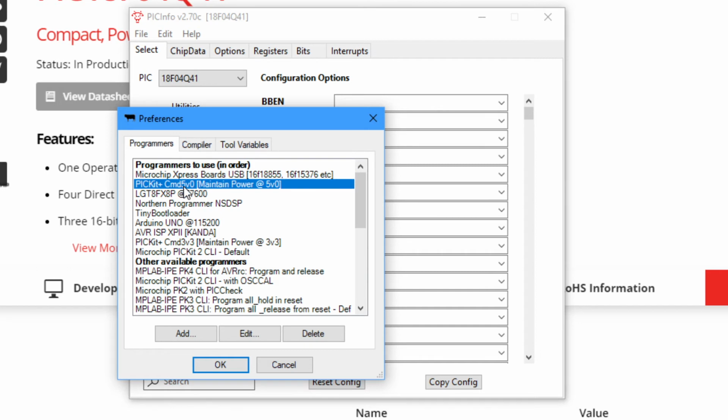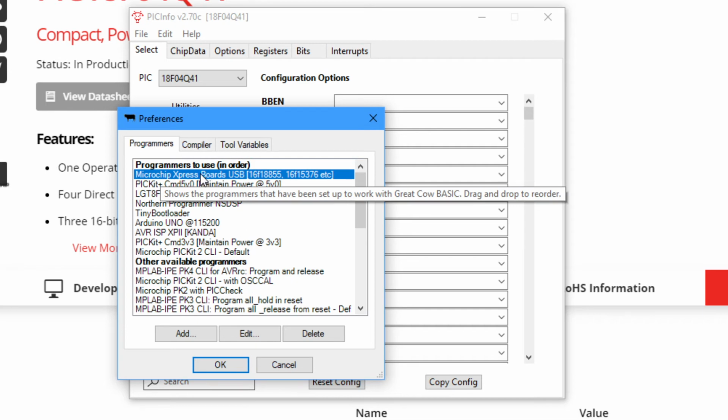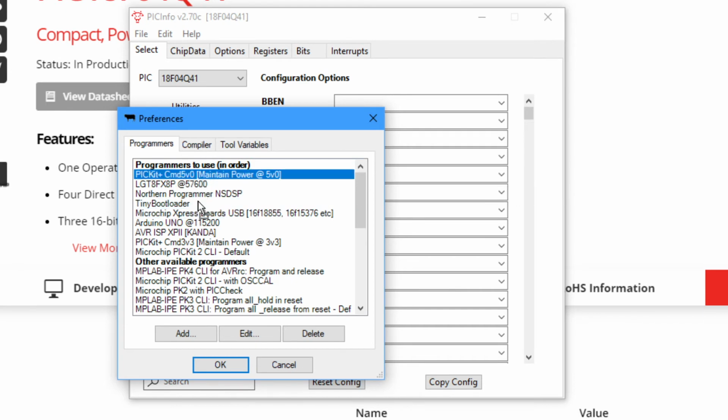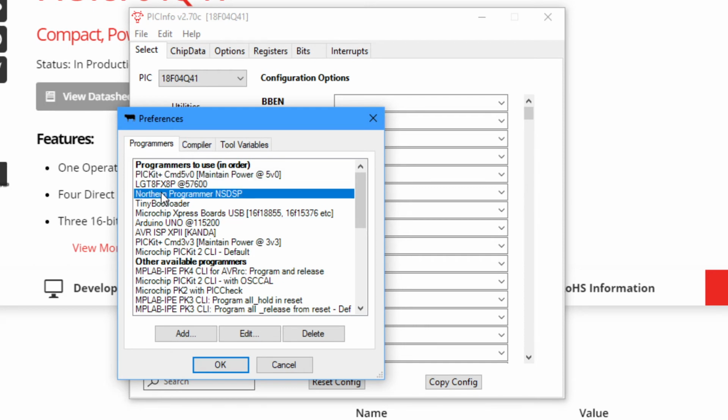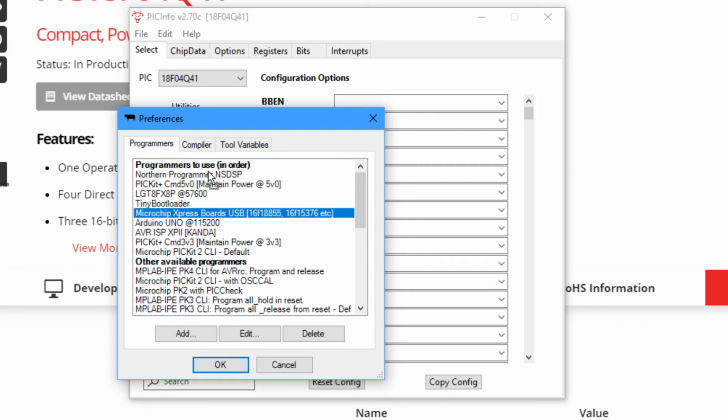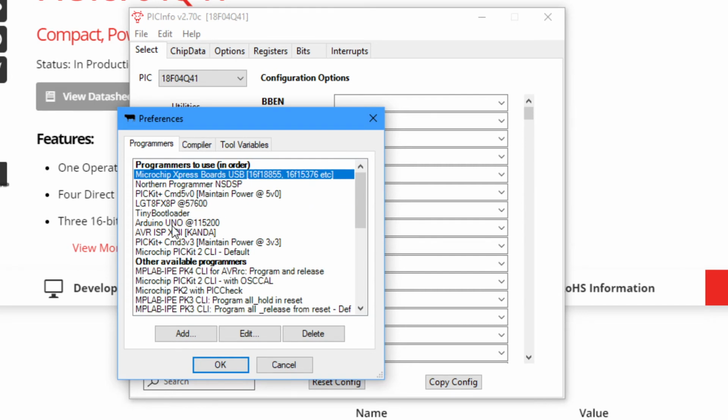It will select PIC Plus, then it will try to pick an LGT, Northern Programmer, Tiny Bootloader, etc. This is very simple to use. To move the priority, you literally drag and drop it around. And if I wanted to make Northern Programmer work, I would take it to the top. And well, I don't. What I want to show you is that I've got an express board attached, and I've got my